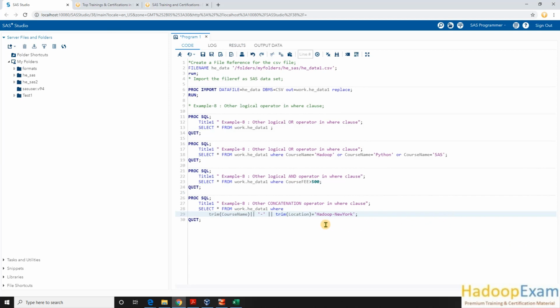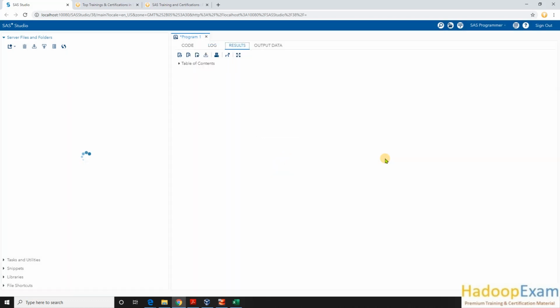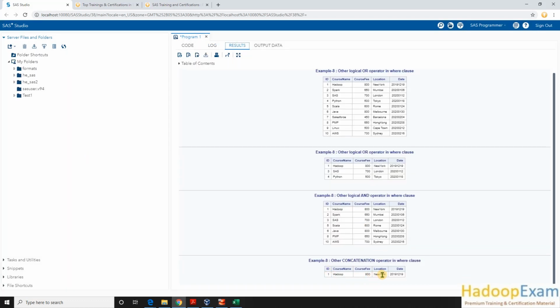So here you can see I can create a string like this, and my expression, how would my expression become? Here is a select star from this, but in the where clause I would concatenate. Okay, so to concatenate 2 columns in SQL, we would be using these 2 pipe values here. This trim is for removing the leading or trailing spaces from the word, and this is again from the location. So this my expression, wherever it becomes true, is then in the output. So let me run this query and it would return to me again only one record, Hadoop and New York, where the course training is conducted.